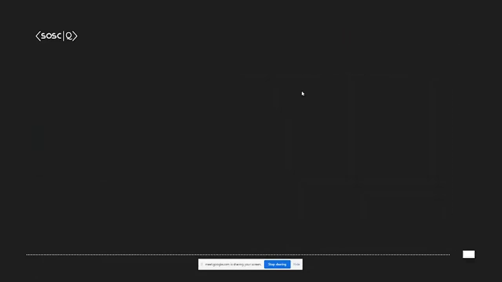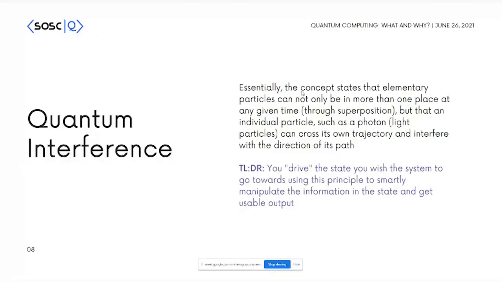And the next part is the last tool, not the last, but one of the most important tools, which is quantum interference. I talked about quantum superposition as a qubit being in multiple states at a time, right? Quantum interference is basically something that drives you towards getting information. So I mentioned that while we can compute information, we cannot gain the same amount of information, right?